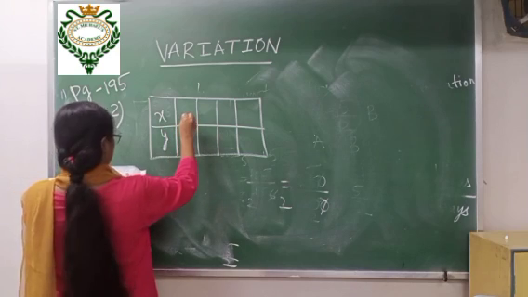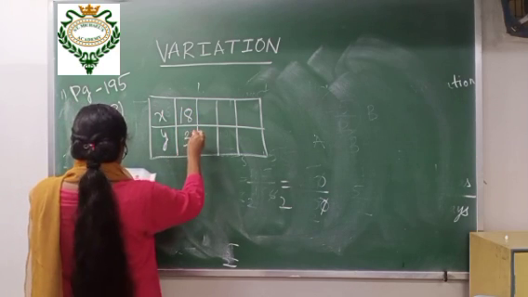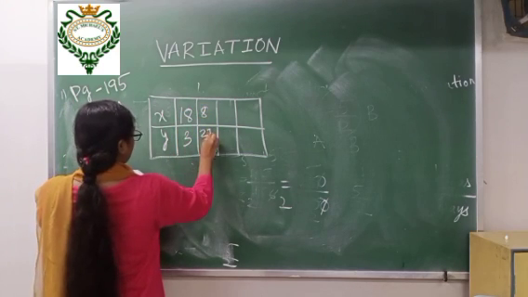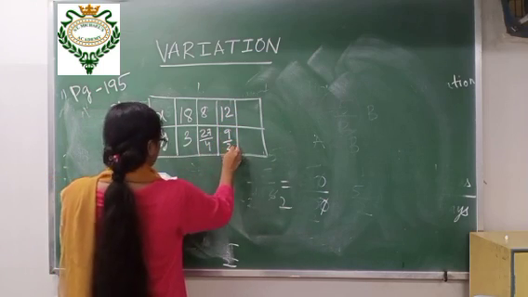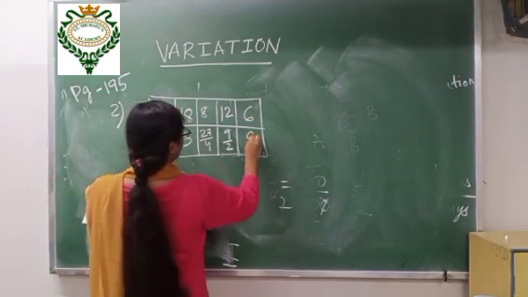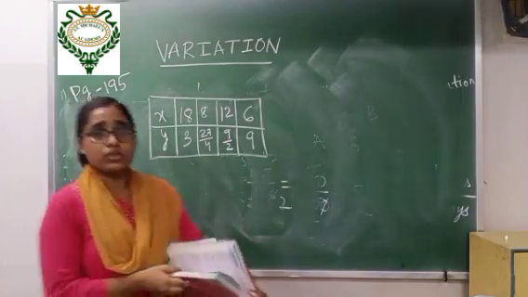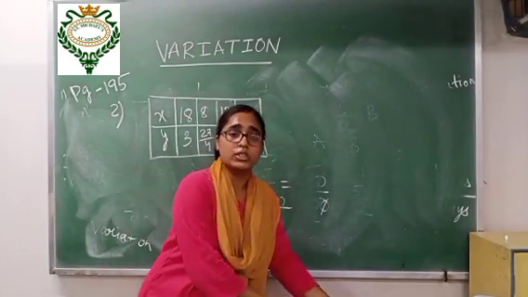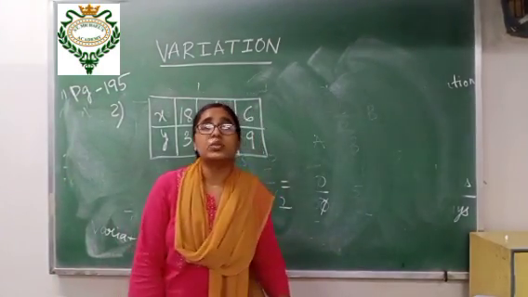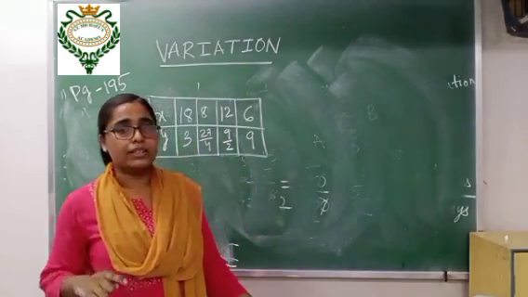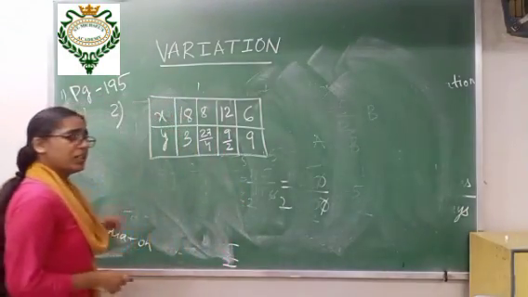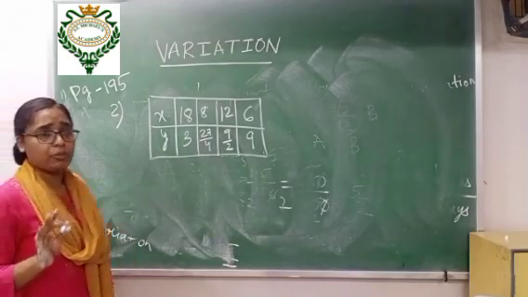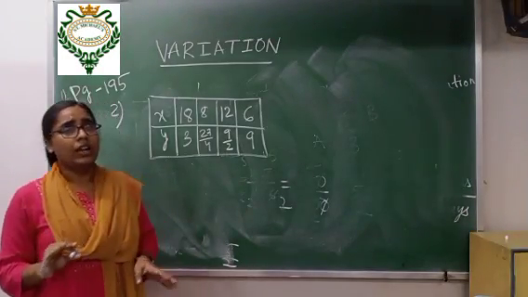x, y, then it is 18, 3, 8, 27 by 4, 12, 9 by 2, 6, 9. Now you have to see whether it is a direct or indirect relationship. In direct, we will find x by y, and in indirect, we will find x into y. Now I am doing direct first, to see whether I am getting it or not. We have to understand whether it is direct or indirect.